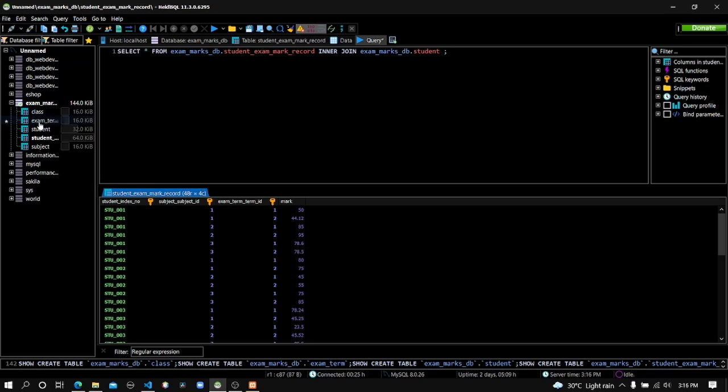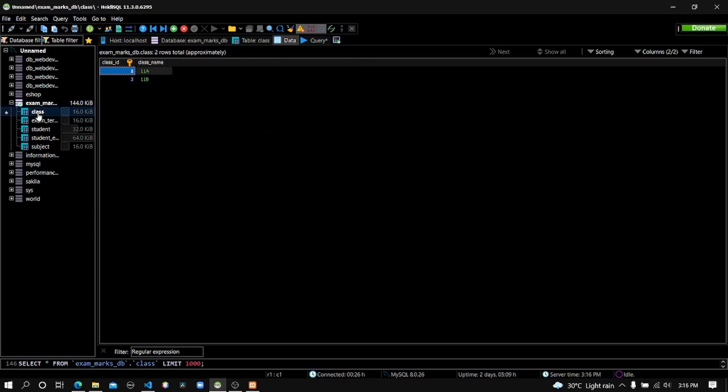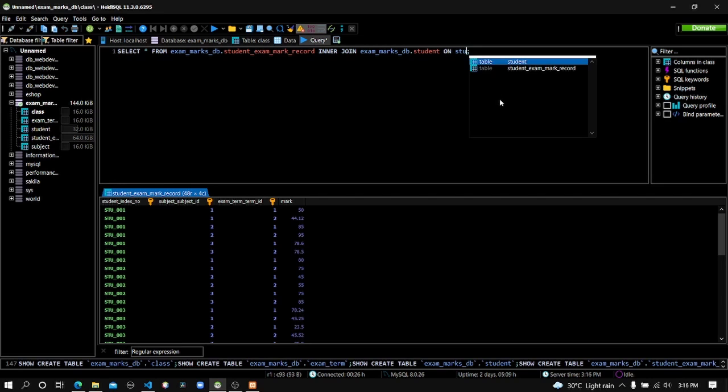So you can see in the student table, the class ID is the attribute which is a foreign key from the class ID, so we have to mention that one. We have to use the keyword on before mentioning that connection, and here's the connection on. The class ID in student table,